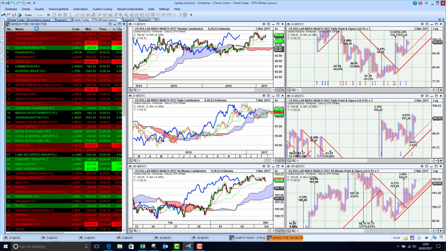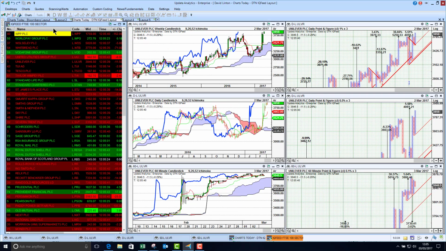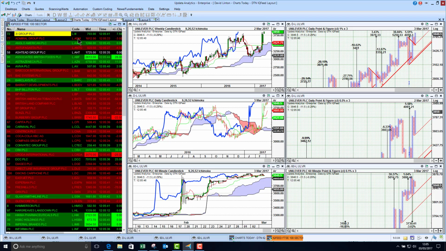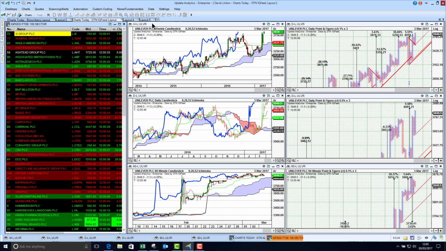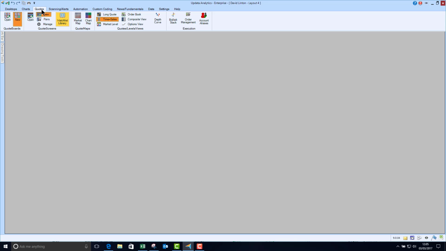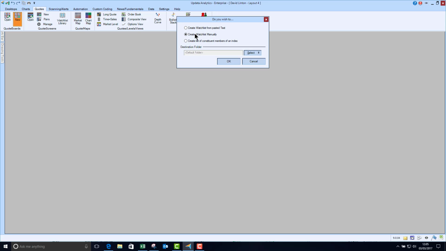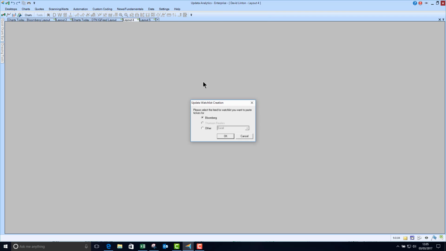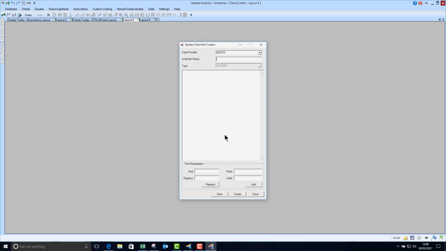So I see here that the L dot prefix is for London, and then the code. So really simply, I can go now and create a list. If I go new list from pasted text, because I did that copy codes, it's going to be a DTN feed, IQ feed, and then I can paste these in, and then I can actually put a prefix of L dot in. So this is going to now take that data from Google and those codes,